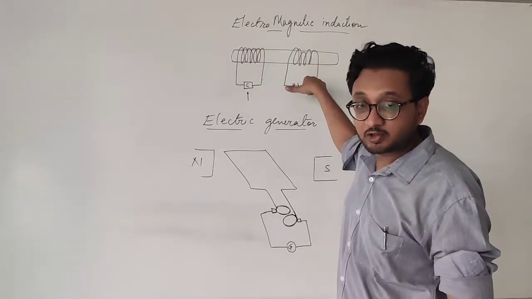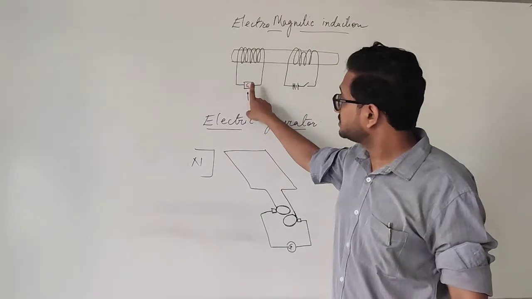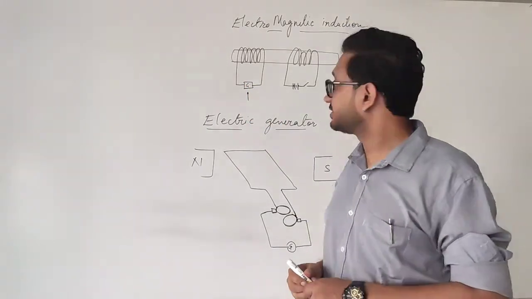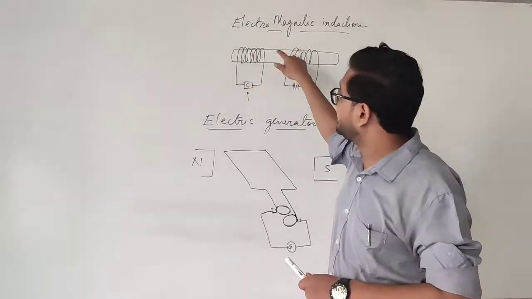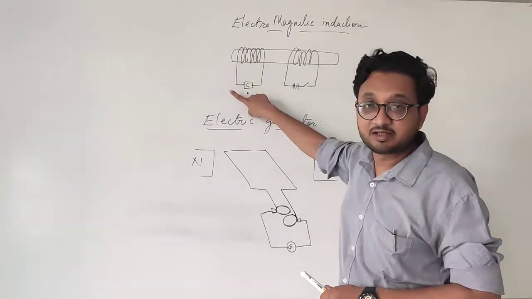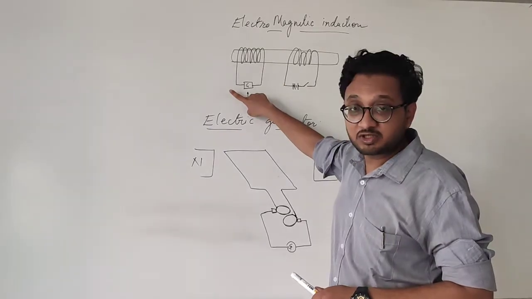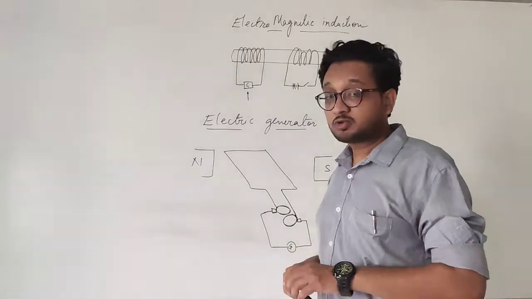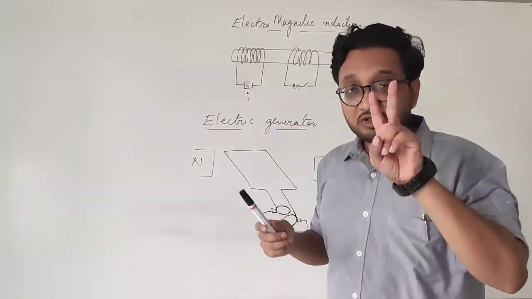As soon as I turn it on, the needle of the galvanometer shows a little deflection and then comes back to its original position. Now as soon as I switch it off, the field lines go away and the needle shows the deflection on the other side. After showing the deflection on the other side, once again it comes back to its original position. So the potential difference is generated in the second coil only two times.